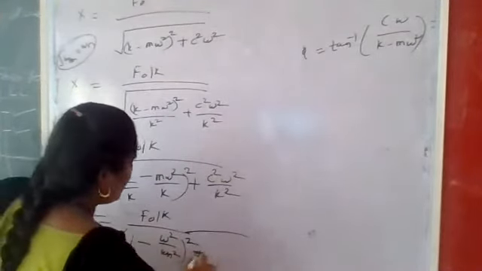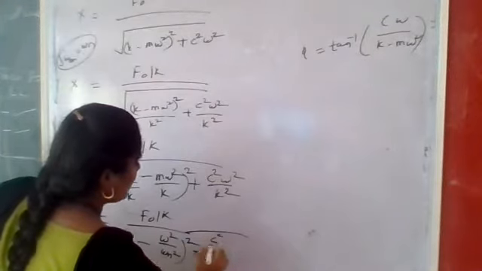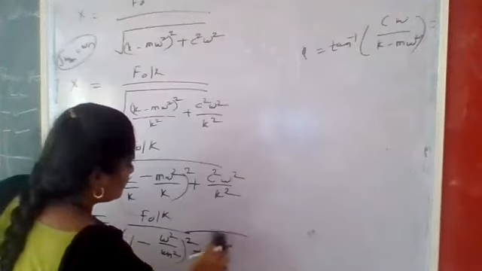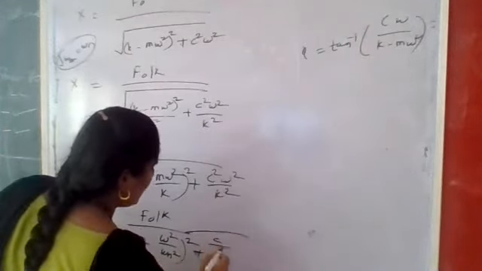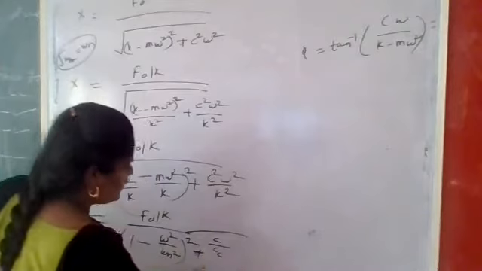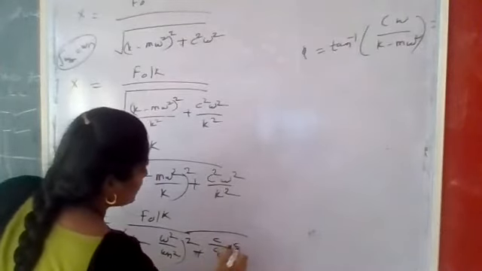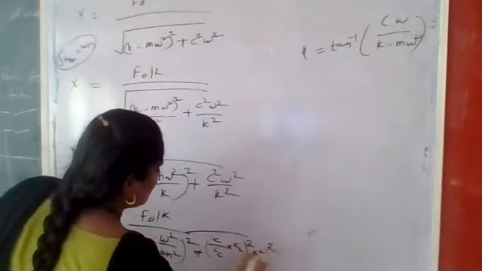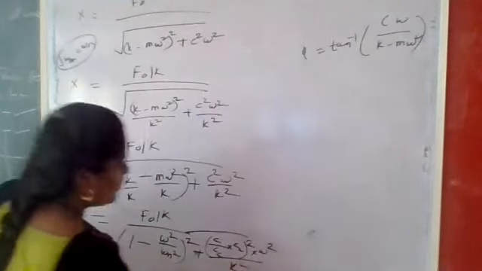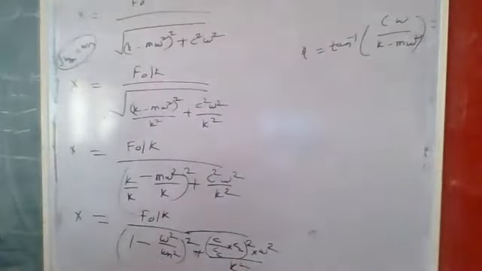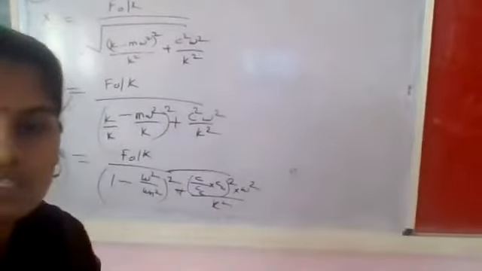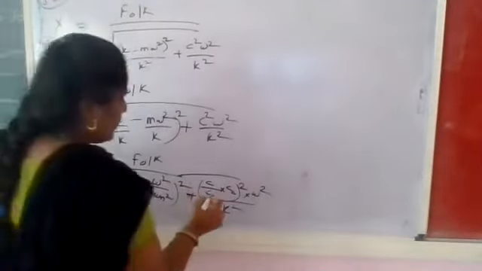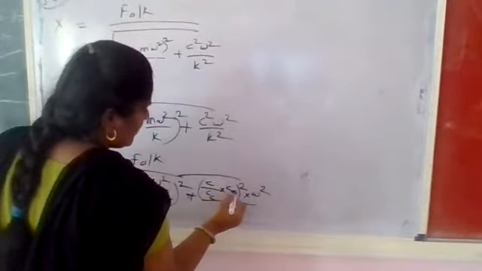What is our remaining term? If we apply this c square divided by c square, what is this? C square. That is the c value divided by, if we take as Cc, into Cc, if we take into bracket square, into omega square divided by k square. We have to split this value. How to split this value? Look, we have to multiply by Cc and divide by Cc. The equation is the same. That is the multiplication of Cc and the division by Cc.